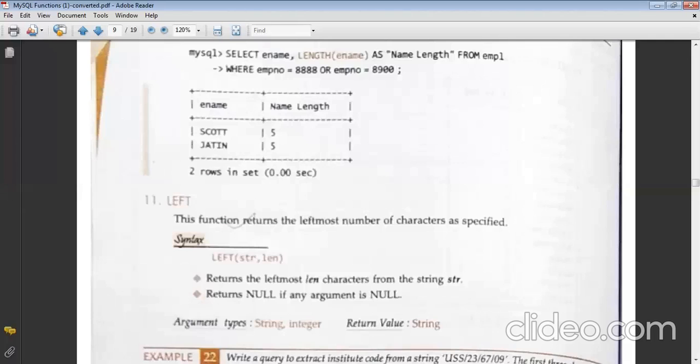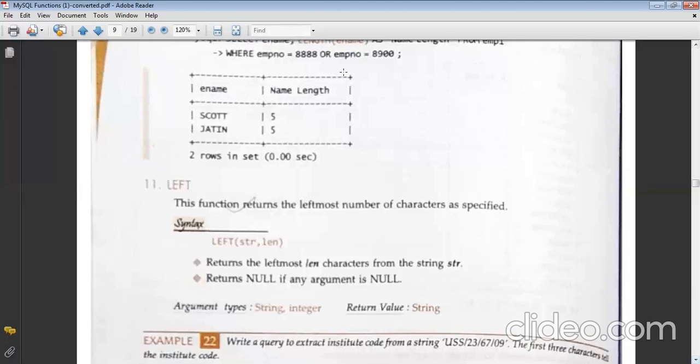So our next function is left. It says that this function returns the leftmost number of characters as specified. It will return you the leftmost characters of the string. So the syntax will be left, string and the length, that is, how many characters you want.